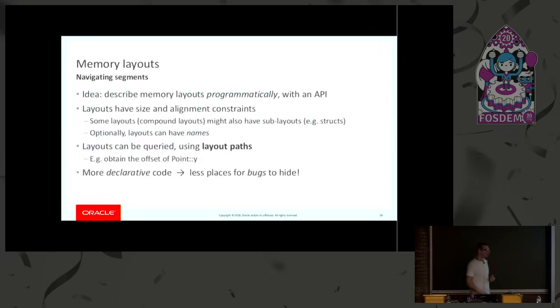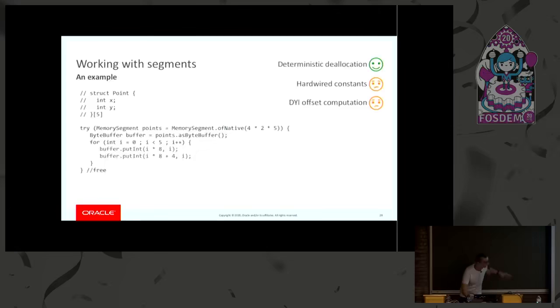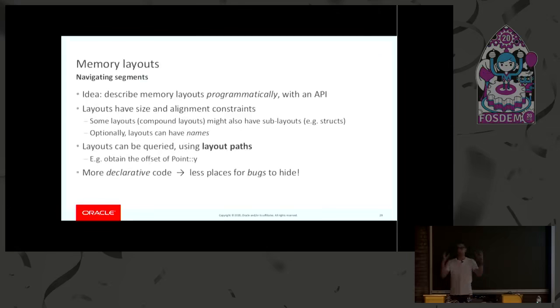Well, our idea was to introduce an abstraction called memory layouts, and the goal of this abstraction is actually to be able to replace that comment, which I showed in the previous slide, the thing at the top, with an actual object creation. So you can create an object which specifies the layout of this array of structs. The advantage of doing that is that once you have an object, you can derive all sorts of important information out of it.